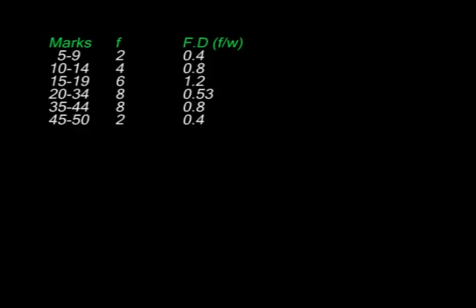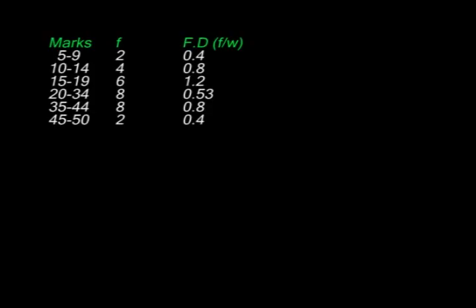For example, consider this frequency distribution table. We have classes there. For example, the first class is 5 to 9. Next is 10 to 14, 15 to 19. Now, from the fourth class, you realize we are moving from 20 to 34. So obviously the class interval there is 15. The first three were 5. And then we move from 35 to 44, and that should be an interval of 10. The last one, 45 to 50, we have an interval of 5 there. So you can imagine the bars must have different widths.